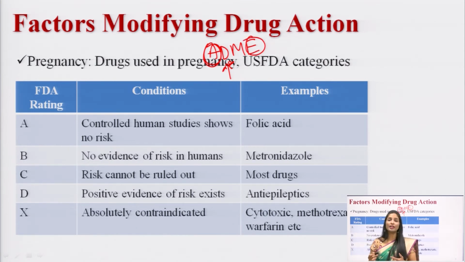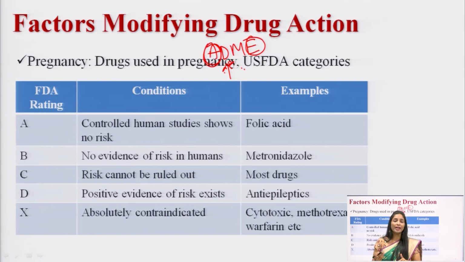Here the renal blood flow will be increased in the third trimester. If the renal blood flow increases, the elimination of a drug will be faster. The drug can be eliminated very fast from the body. So the distribution is very high, metabolism is fast, excretion is also fast, and the drug is eliminated very quickly from the body. For absorption, intestinal motility will be decreased in the pregnancy state.